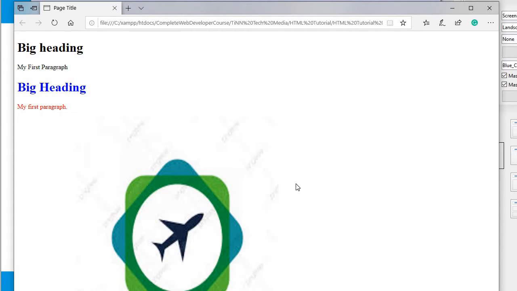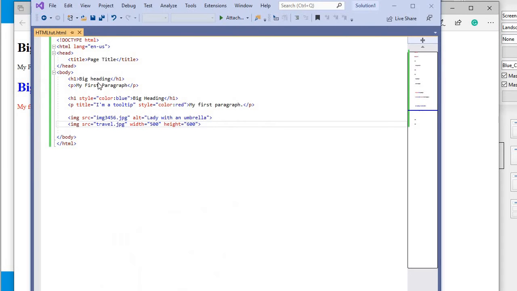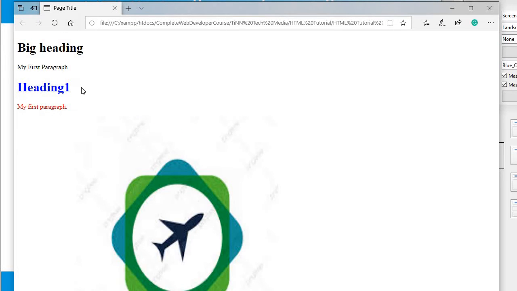Let me refresh. Okay, now you can see the big heading. Let me give this heading 1 to differentiate. That should be in blue, as we have mentioned the style equal to color blue, and then I'm a tooltip. My first paragraph should be in red. This image should have an alt, and then this size should be 500 by 600. Let's refresh and check. Okay, see, the heading 1 we gave blue, so the color is blue. My first paragraph is in red, and then